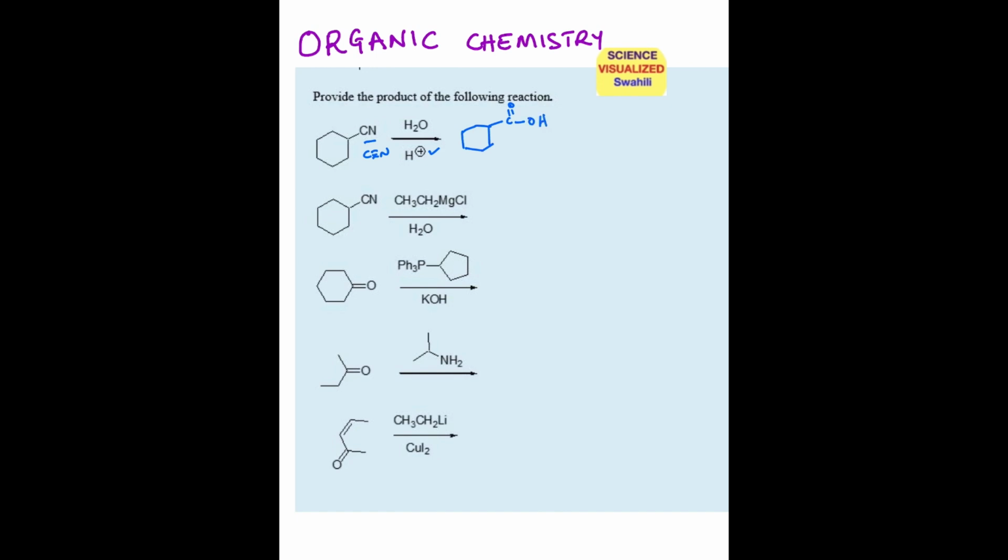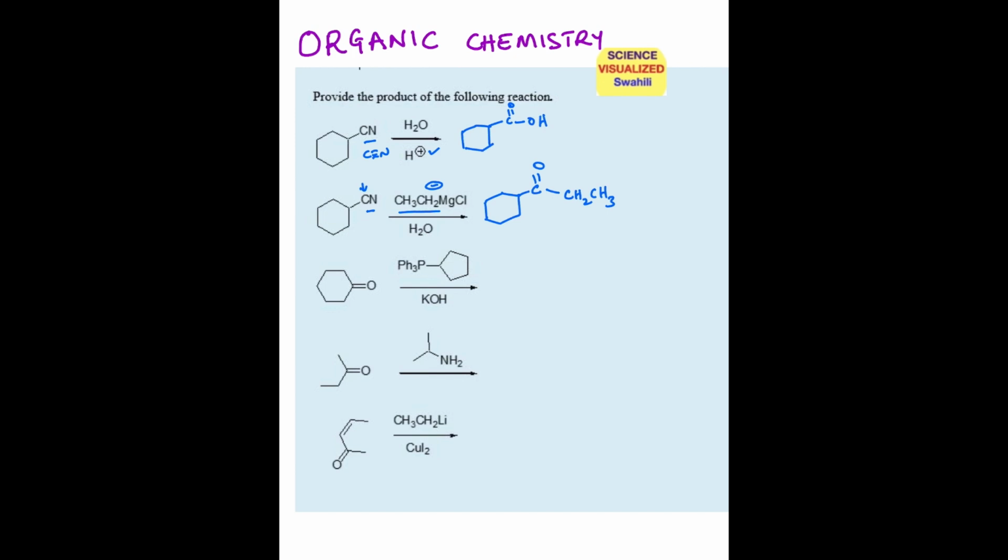The second question starts with a nitrile, but now we are using a Grignard reagent, which gives R minus nucleophile, CH3CH2 minus nucleophile, and that will connect to the nitrile carbon, and then you end up with a ketone. So the product will be that carbon becomes a ketone, and now you add the alkyl group from the Grignard, which is